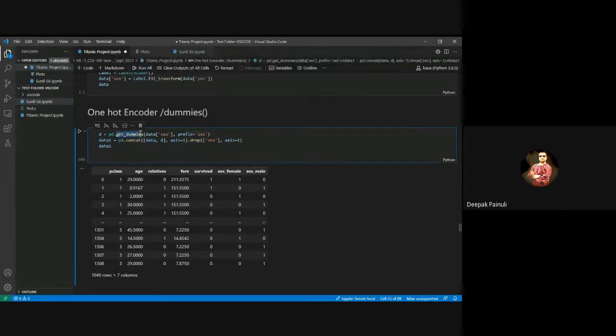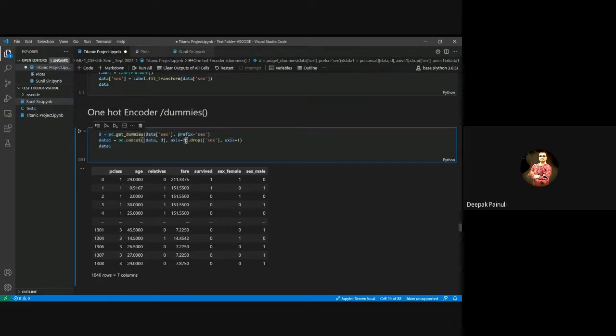So we have the get_dummies function in the Pandas library where we are simply creating dummies, right? By giving the feature name and prefix name. After doing so, you may find that D will contain sex_female and sex_male. Now, because I have stored it in D, I have to concatenate it with our data. So I am going to use the concat function and pass data and what you have to concatenate, which is D. I have encoded data in D, right? At axis 1. Axis 1 means column.